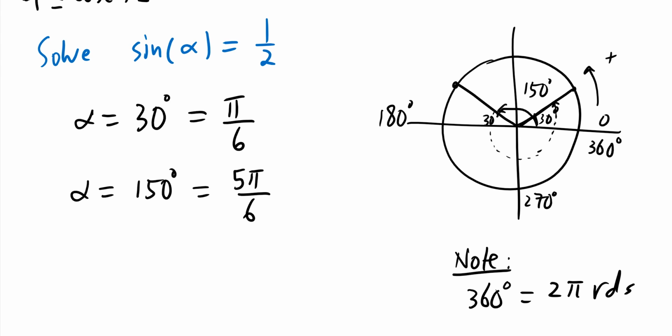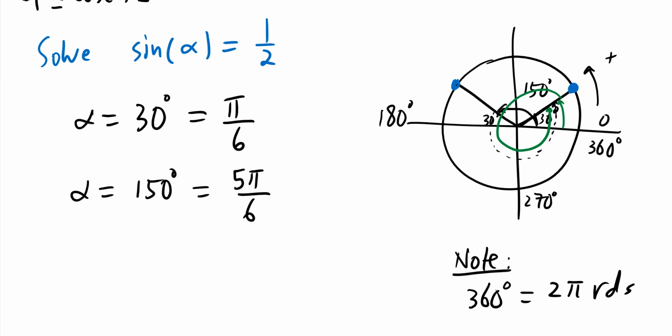So we found pi over 6 is one of them. If I go pi over 6, which is 30, and then I move again one full cycle of 360 degrees or 2 pi radians, that gives me another solution. So all the solutions to this equation are going to be the ones at this point and at this point,